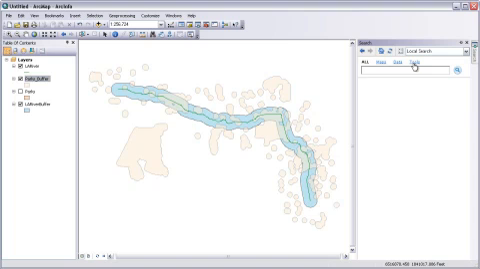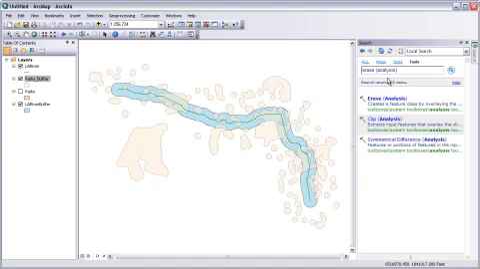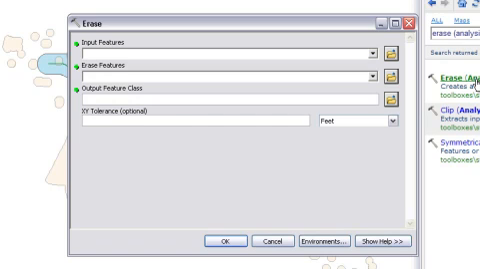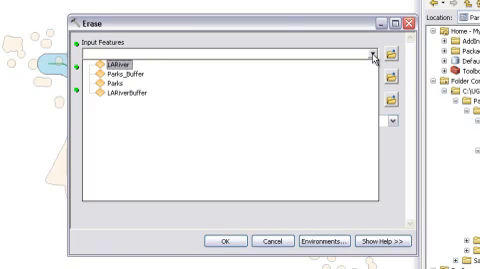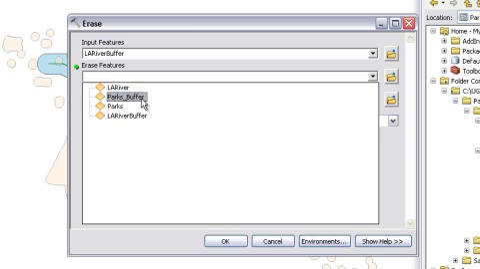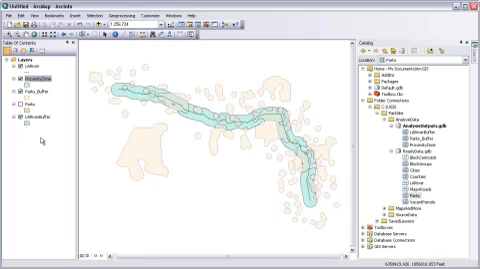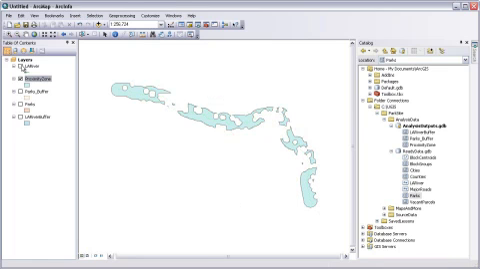Let's go to the Search window and locate another geoprocessing tool called Erase. Launch the Erase tool from the list of search results. When the tool opens, enter LA River Buffer as the input and Parks Buffer as the erase features. We'll name this new output feature class Proximity Zone. Click OK to run the tool. When it's done, we can turn off all the other layers and see that we are left with this somewhat